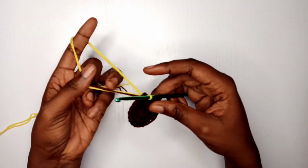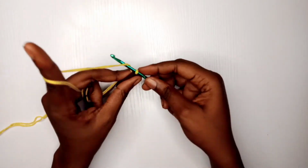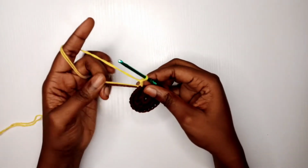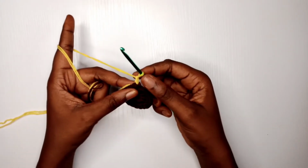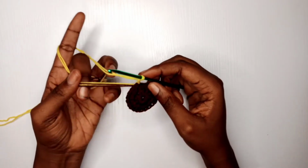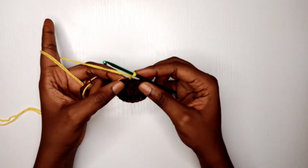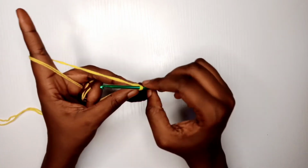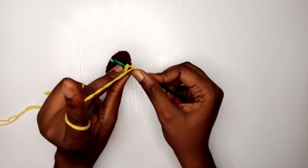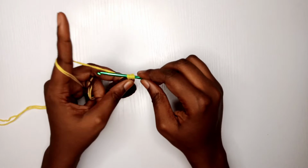So this is the third round. With this yellow color, we are going to be creating the petals of the sunflower. So chain 2, and this chain 2 that we just made, it counts as a stitch. So these 2 chains count as a half double crochet. Okay, and this is for only the last round, which is the third round, which is the last round of the whole stitch. So chain 2 and put 1 double crochet into the first stitch,